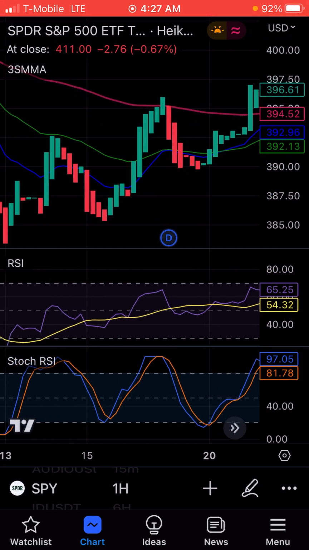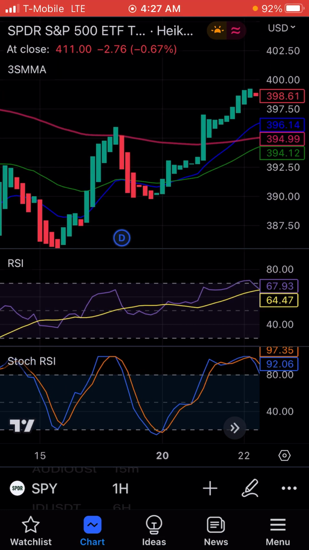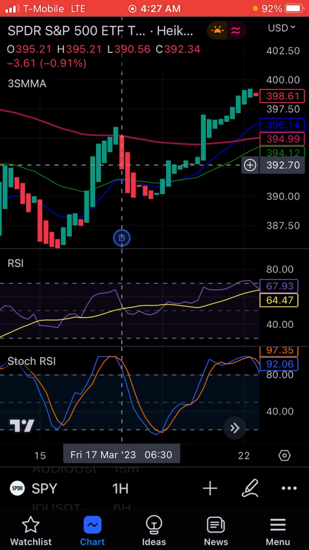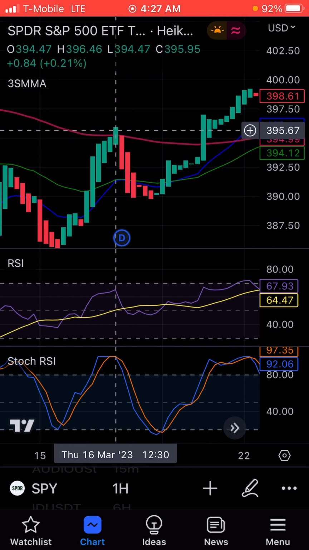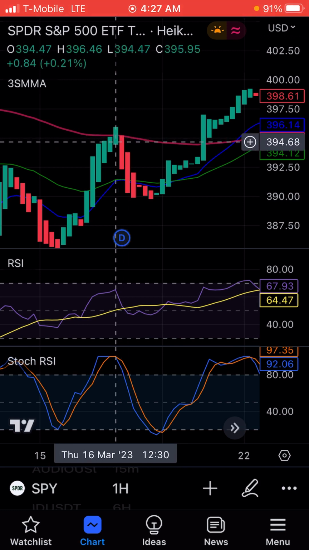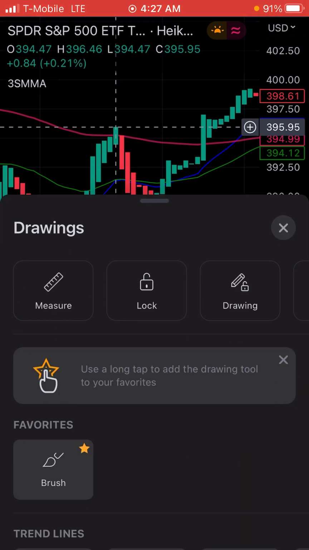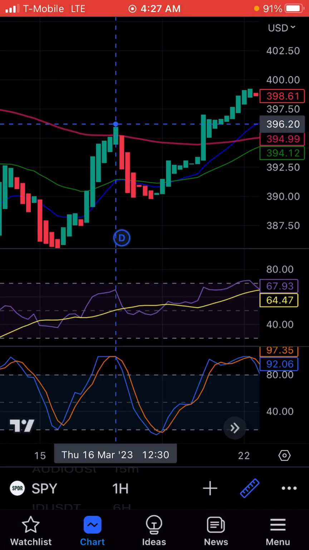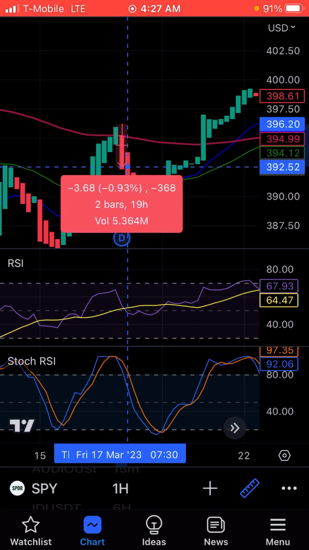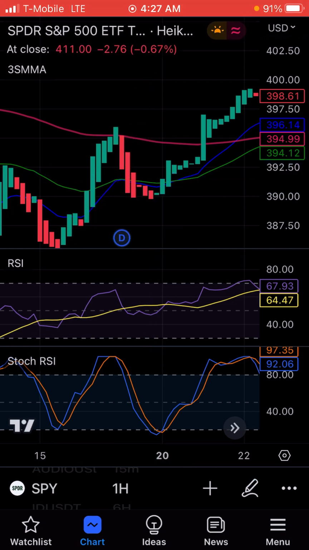So let's look at a couple other examples here. Okay, the 55 is above the other two EMAs, so that is a confirmed downtrend. So that's what you really need to focus on. If you look up here at the top, you'll see that the blue line is pushing below the orange line on the stochastic. So you would enter here, you would do a 396 call,